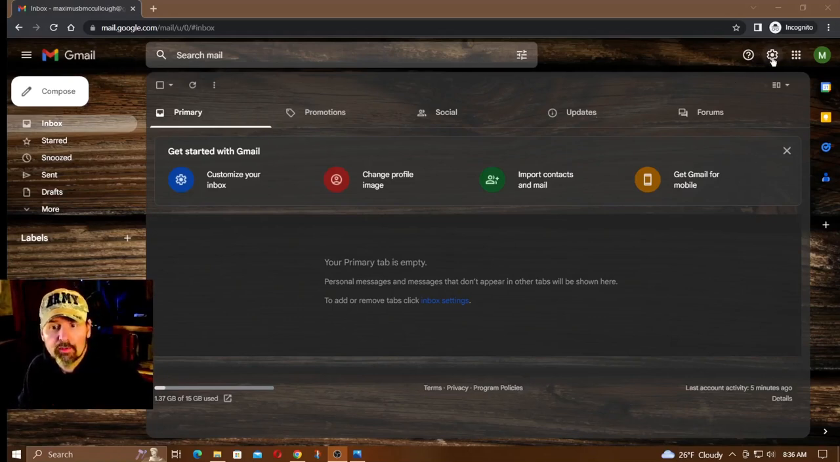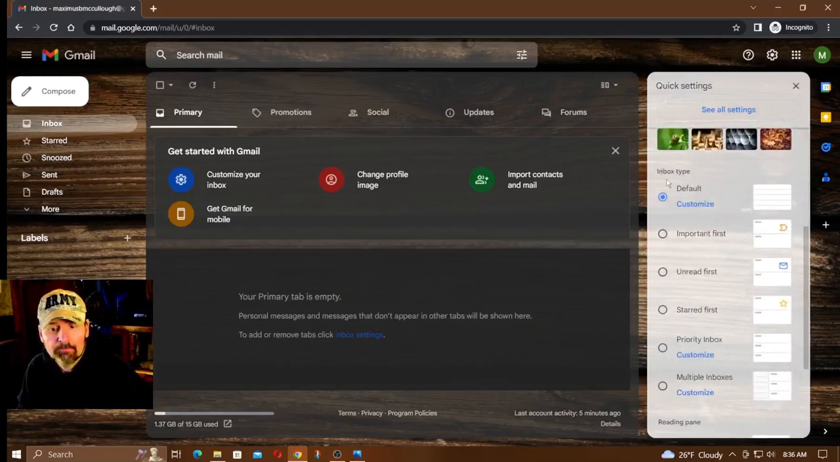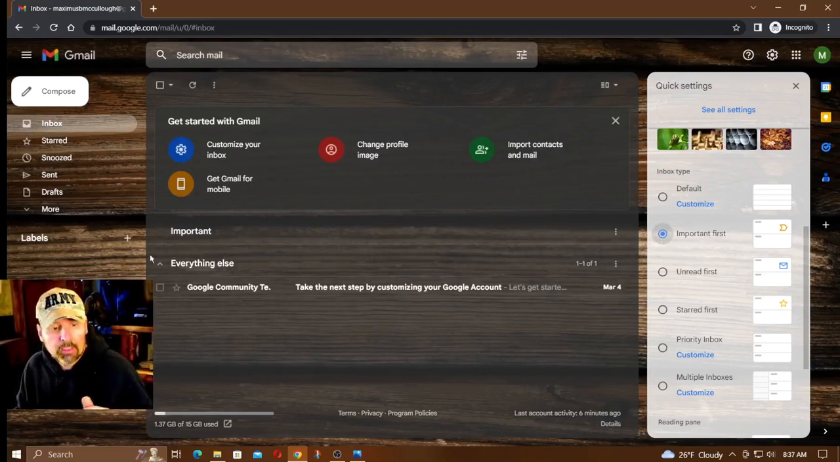Once again, click on your gear box. And whenever you scroll down here, you'll notice it has a label called inbox type. And if you want to read your emails that you mark important first, well, you would just select this. Now notice how the layout changes over here in your Gmail. You're getting this label here called important. Okay, so it's just going to show you the important, and then below important, it's going to show you everything